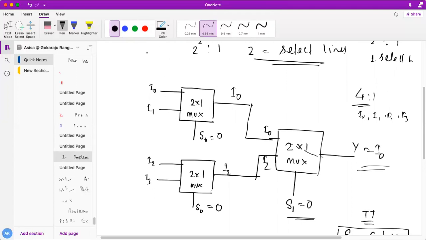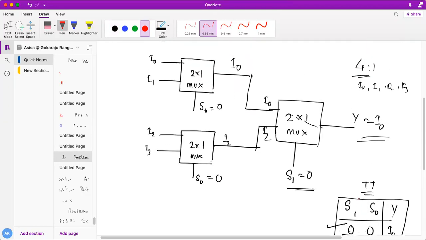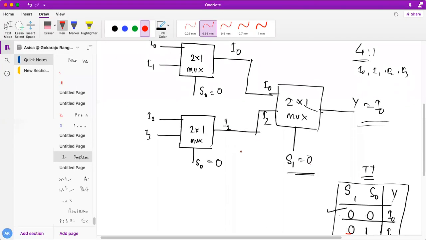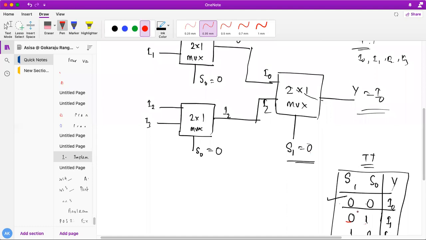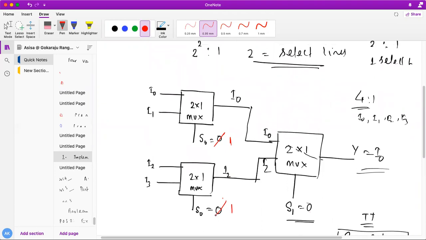What is this combination? Let's say S1 is 0, S0 is 1. So S1 is 0 as it is, and S0 is 1. This is 1, this is also 1. If this is 1, what input will be selected by this 2x1 mux? I1 will go over here.